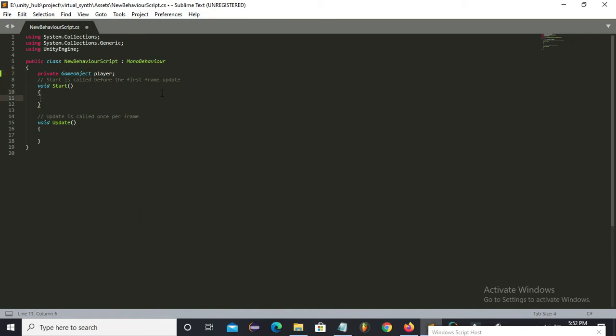Here I will use GameObject.Find. Here I have to put the name of the player. So now I've gained access to that player, and now get